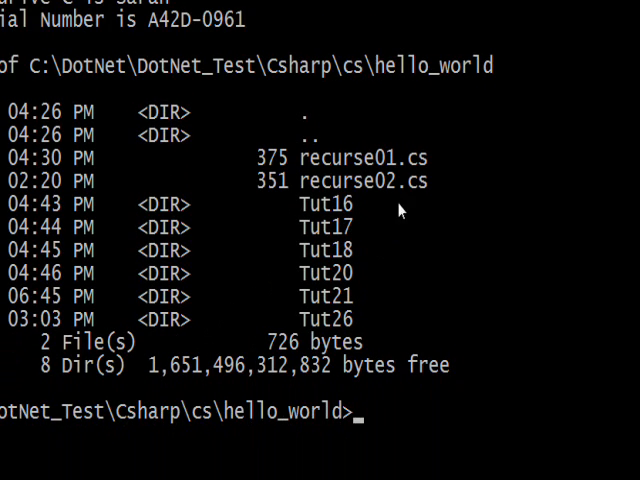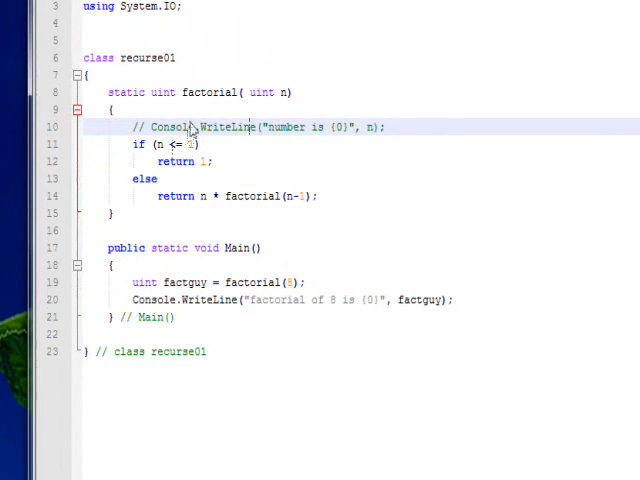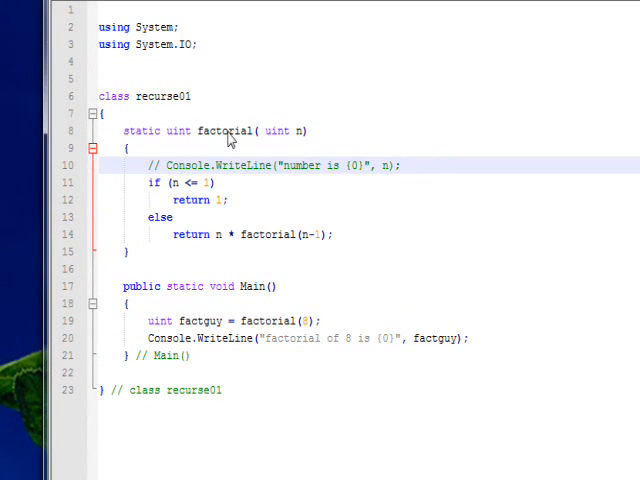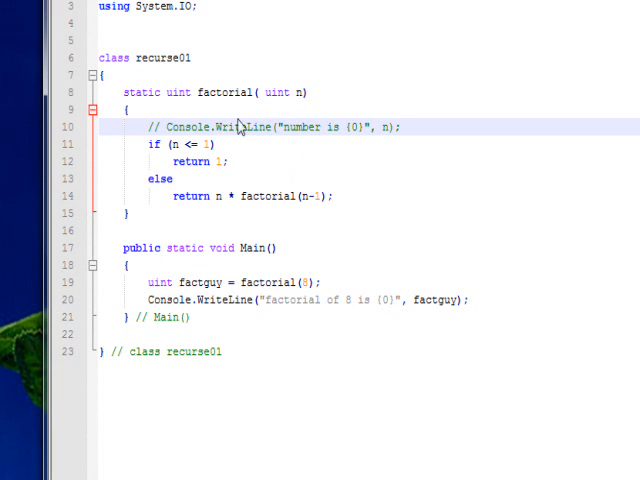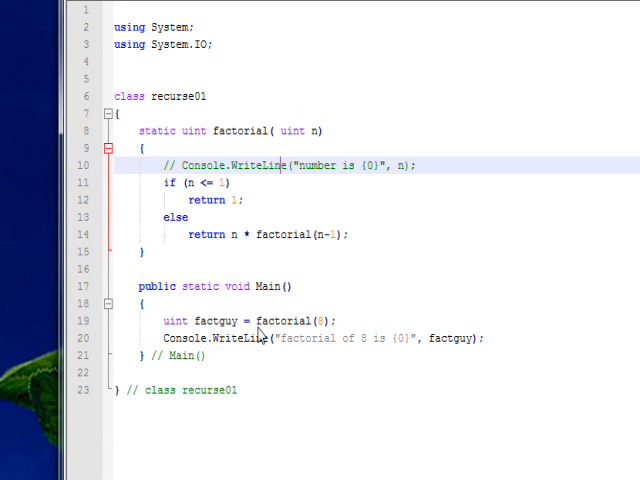I wrote two console application recursion programs. And if we look at the first one, you see basically it's a function called factorial. I actually got this from Wikipedia too. I had to modify it a little bit because it was in C with unsigned rather than unsigned int rather than uint. But basically, we go into our main, the public static void main, which is the starting point,